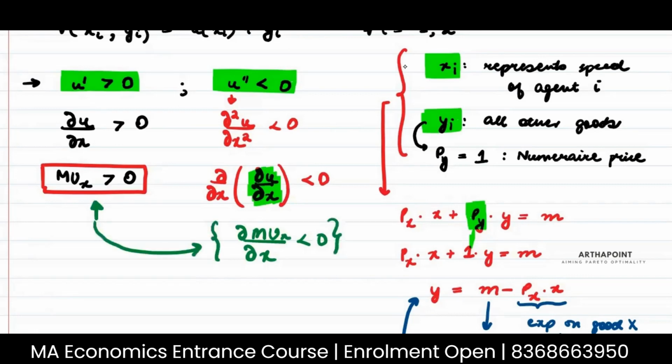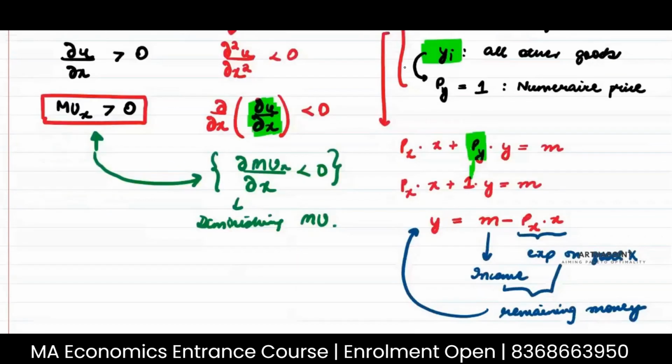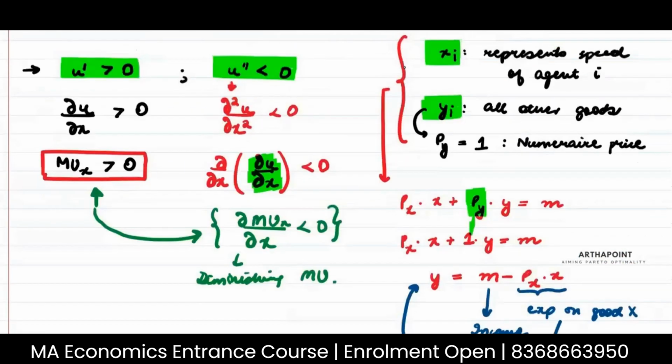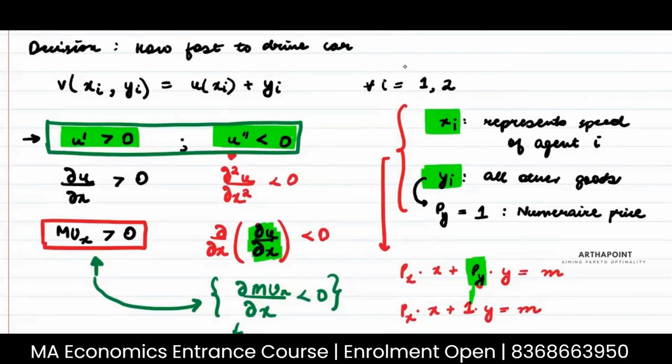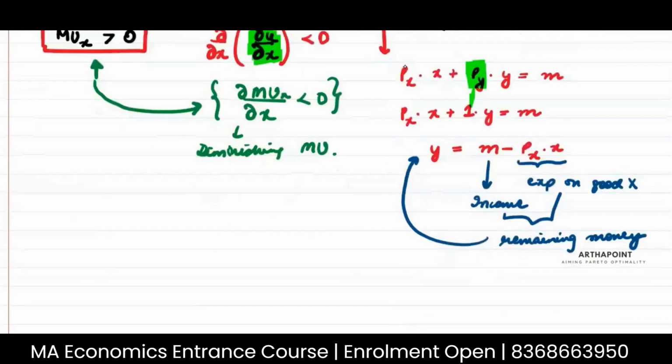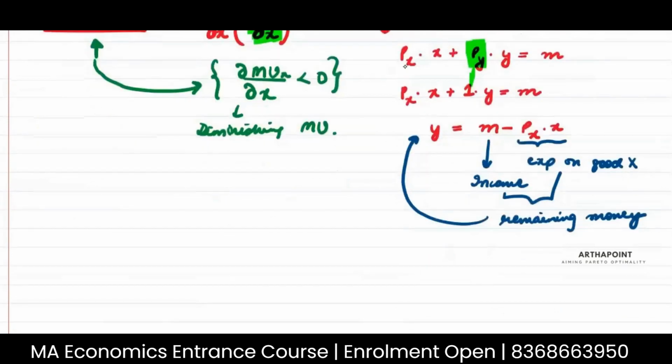This is just the law of diminishing marginal utility. So this is the basic assumption: marginal utility is positive, but it is diminishing. Now, let's say that we want to go